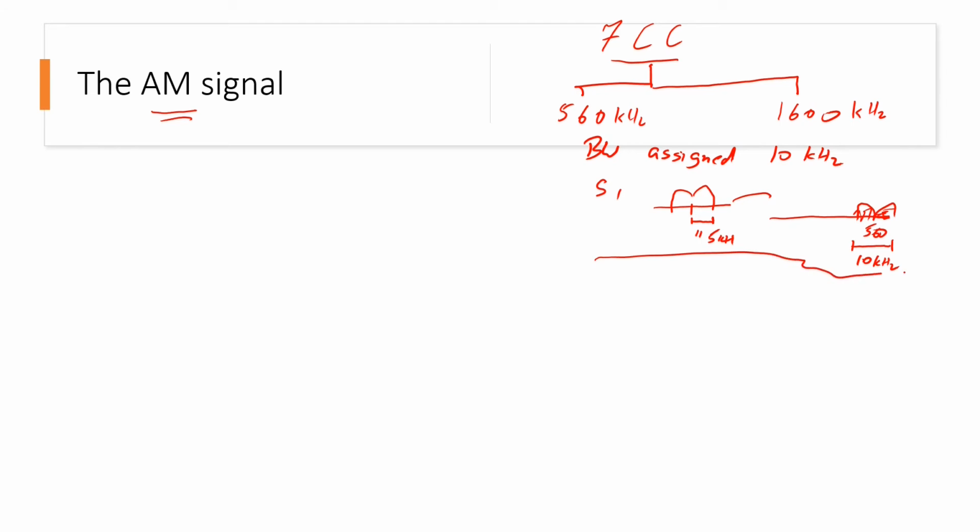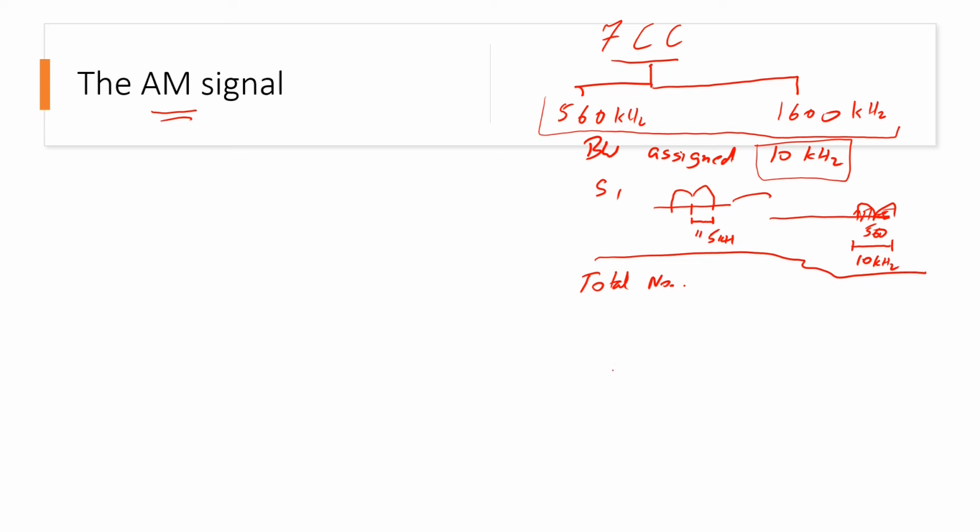So under this scheme, if you are assigning a bandwidth of 10 kilohertz for a given station and the overall bandwidth assigned by the FCC is just over 1 megahertz, then the total number of stations